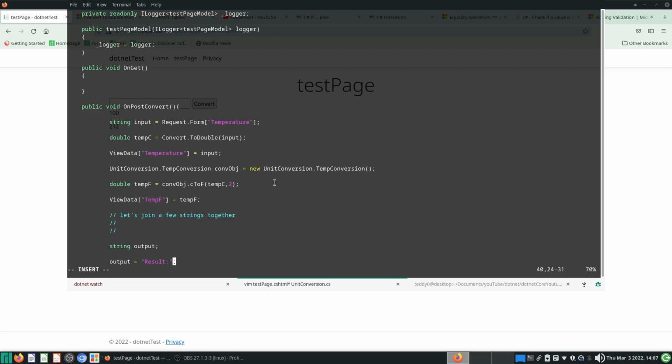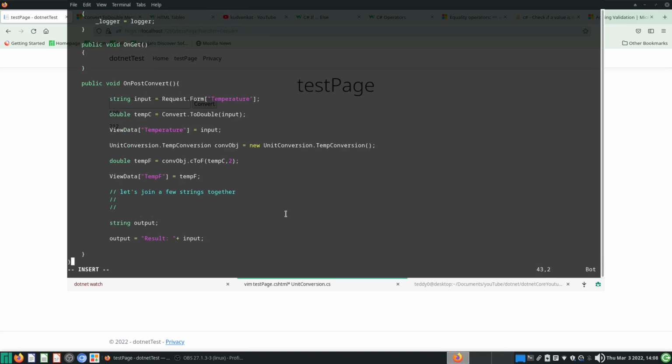Okay, result. I will put a space here. Then I can use the plus sign. So what do I want to add? I want to put this input here, this original temperature, which is the input. The input here is a string, so I can just add it to this string, and then